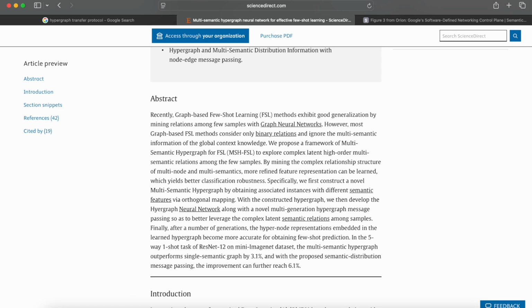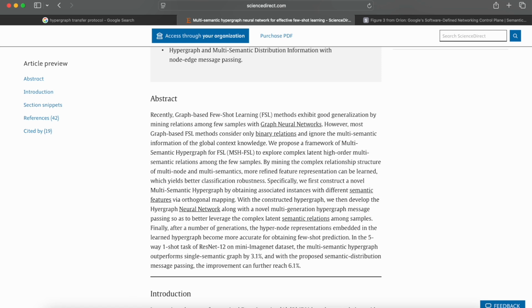We propose a framework of multi-semantic hypergraph for FSL to explore complex latent high-order multi-semantic relations among a few samples. By mining the complex relationship structure of multi-node and multi-semantics, more refined feature representation can be learned, which yields better